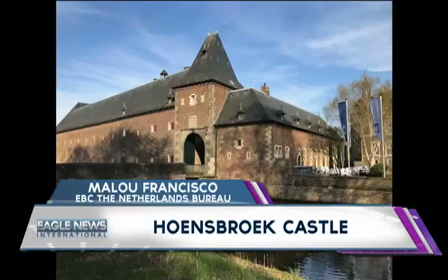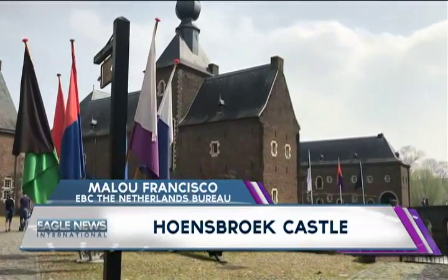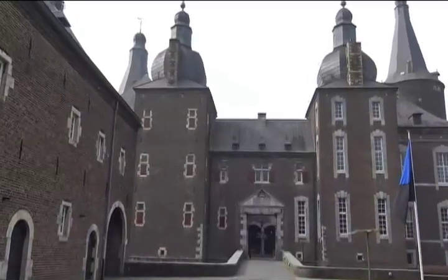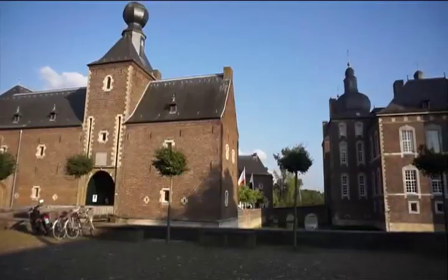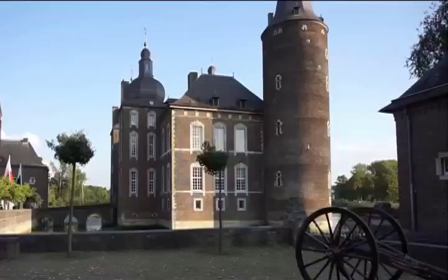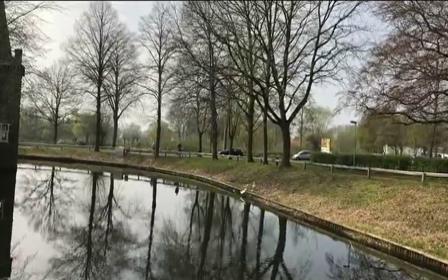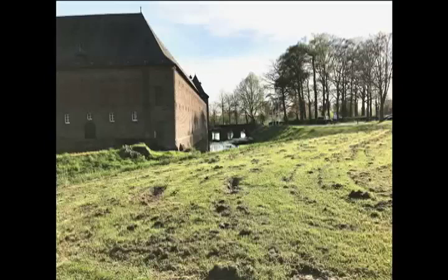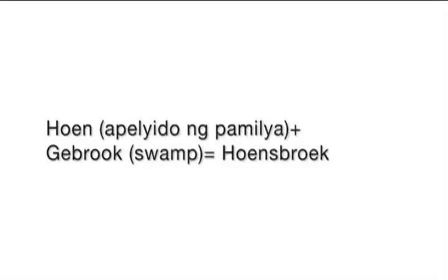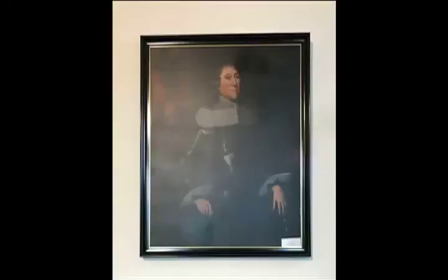In the course of many years, the castle was expanded and renovated based on documents and original objects found in the castle. The oldest existing part is the tower from the 14th century, built by the first lord of the castle, Herman Hoen. The name Hoensbroek is from the family name Hoen and the Dutch word gebroek, which means a swamp. In the early days, the family Hoen was an ally of the Duchy of Brabant, a state of the